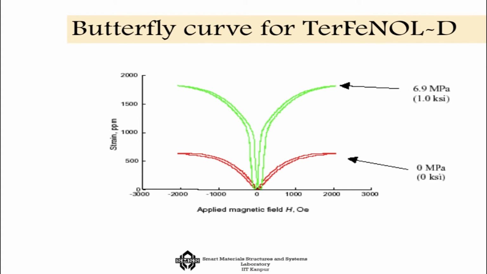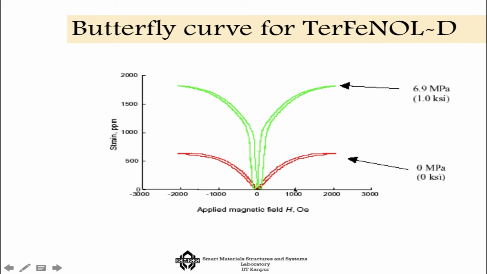So the other important thing for the Terfenol-D material is, as I told you, that if I change the direction of the magnetic field, no matter positive or negative, you will always get expansion out of it. It always increases. But there are two interesting things to note here: if you can somehow keep it stressed to begin with, you apply some initial stress, you can actually get larger strain out of the system. And the second thing is that this is how you can get a bidirectional movement.